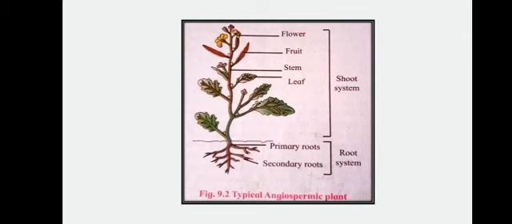A typical angiospermic plant has a root system and a shoot system. In the root system, primary roots and secondary roots are present. In the shoot system, leaf, stem, fruits and flowers are present. In vegetative structure,